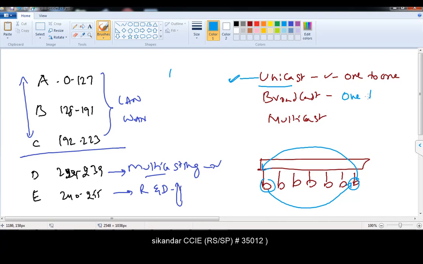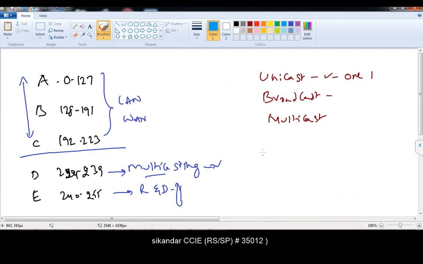Whereas broadcast we generally call one to all. Broadcast is the second type of communication which happens in our network, and broadcast we call one to everyone. Say I have 200 devices connected in my LAN. One device generates a broadcast, and the broadcast goes to the remaining 199 devices, which means it goes to everyone. There are some broadcast addresses. For example, there is a universal broadcast address we call as